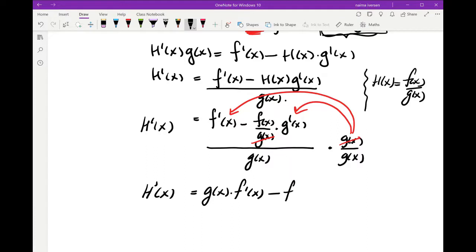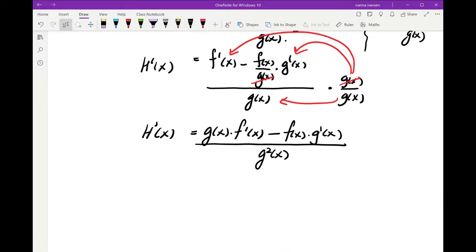I'm going to write f of x times g prime of x. And in the denominator, what I'm going to be doing is I'm going to be multiplying this into here, and I'm going to get g of x all squared, or g squared of x, if you wanted to write it like that. Now, there's no buddy rule for this one that I can help you with, but it tells me